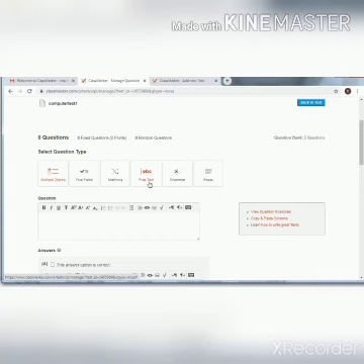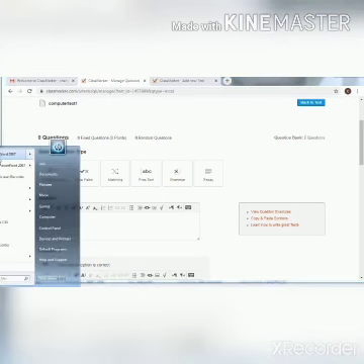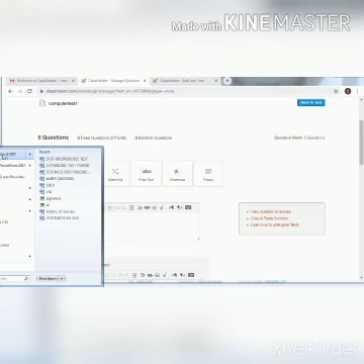for example, name the 2 different types of memory. So we have to write the answer: primary memory and secondary memory. Here grammar type question you can give, here essay type question you can give. Here I am giving one question and we can see how the question is made. Now see, let me open some of the questions.